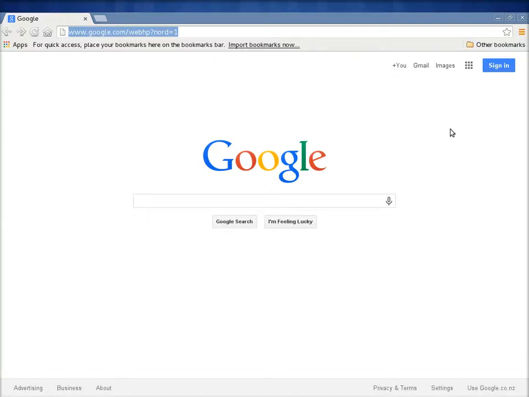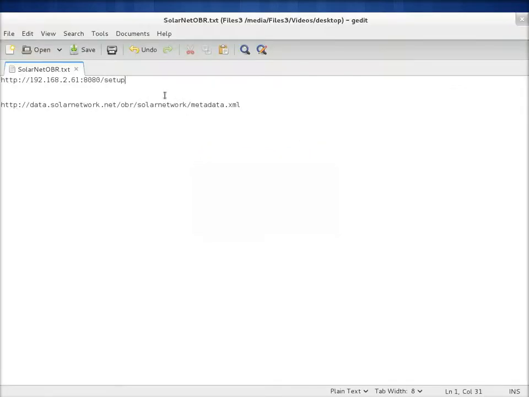Okay, so what we're going to do is just take a look and see how easy it is to set up a solar node. What I've done is I've downloaded the solar node image for a bootable SD card, and I followed the directions to get a bootable SD card on a small computer sitting on my network. And I'm going to go to that computer right now by going to a standard URL,